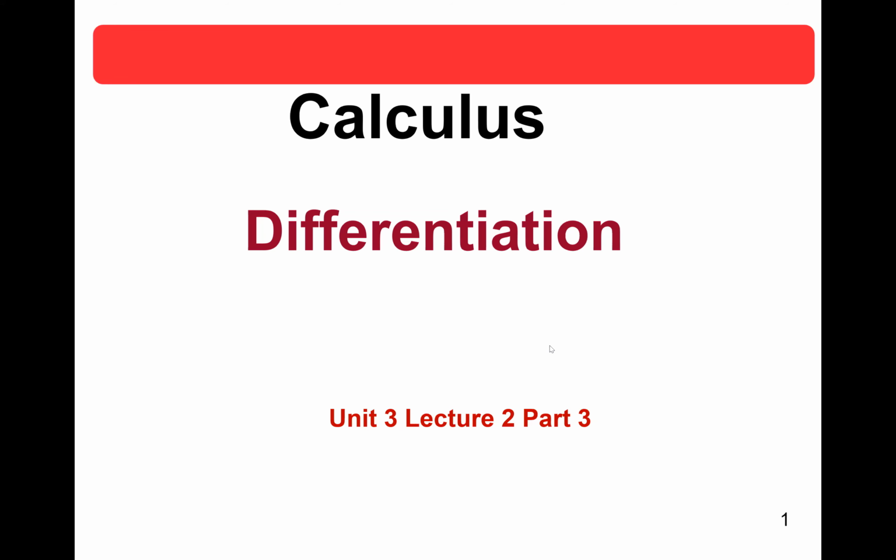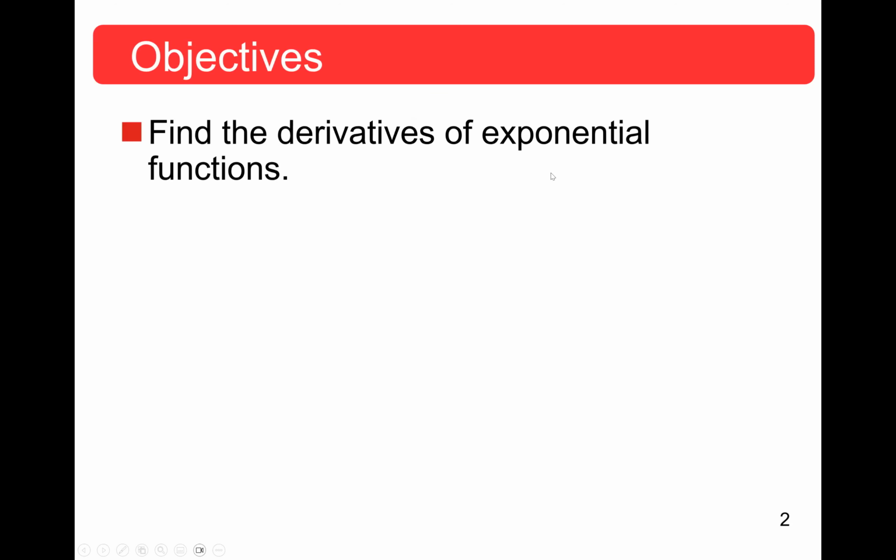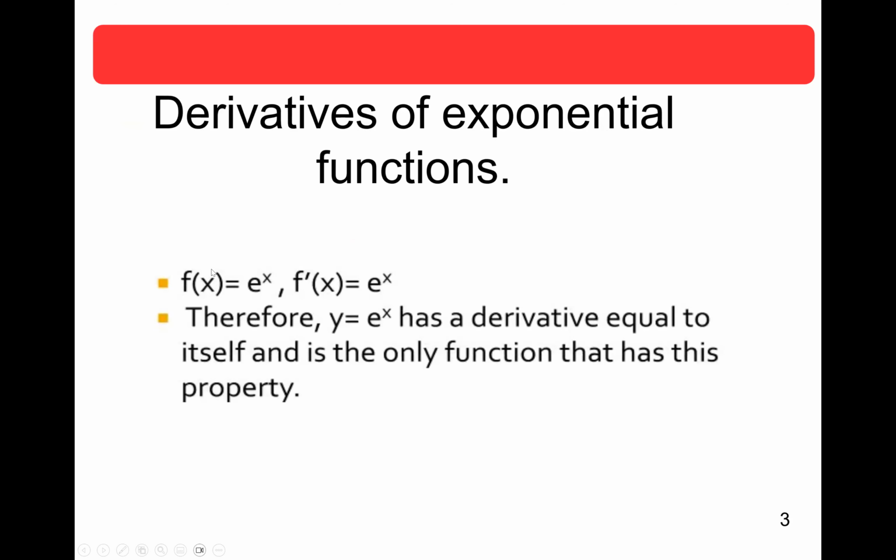In these lectures, we're going to learn how to find the derivative of exponential function. Now, the derivative of exponential function, always the answer is the same. So f of x equal to e to the power x. The derivative of f of x also is equal to e to the power x. Therefore, we can say y equal to e to the power x has a derivative equal to itself, and it's the only function that has this property. So again, y equal to e to the power x, the derivative of it also will be e to the